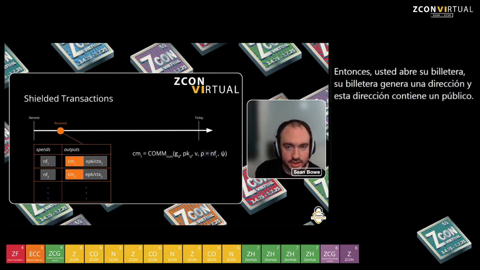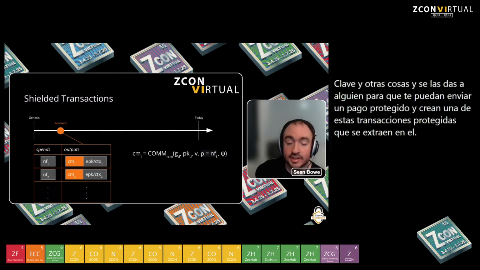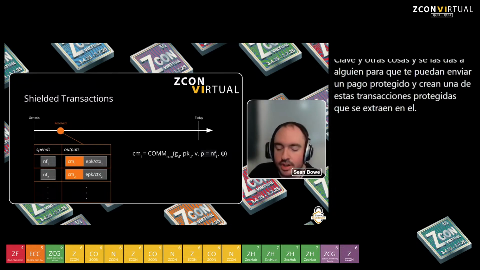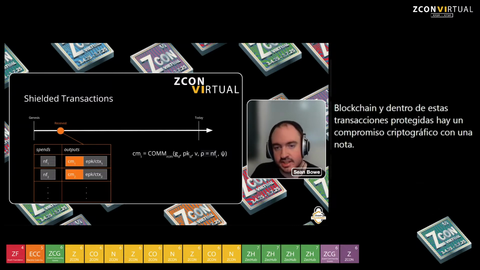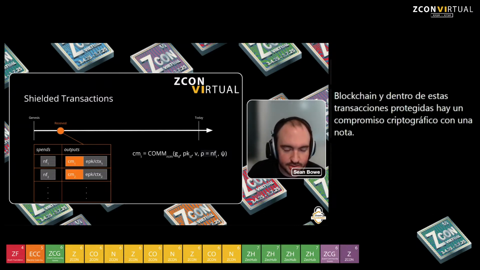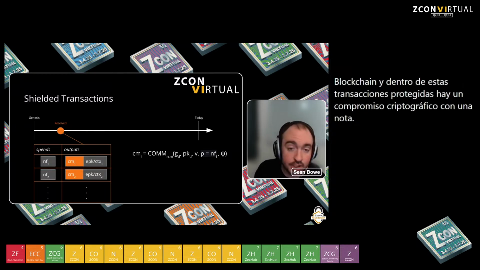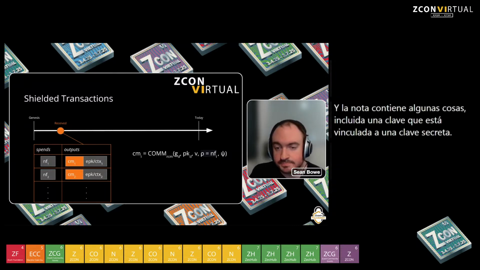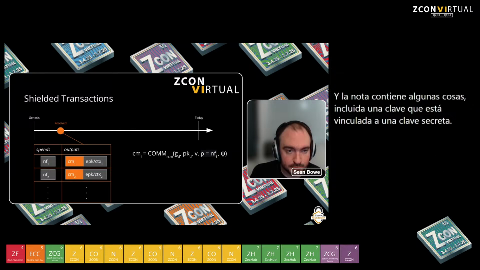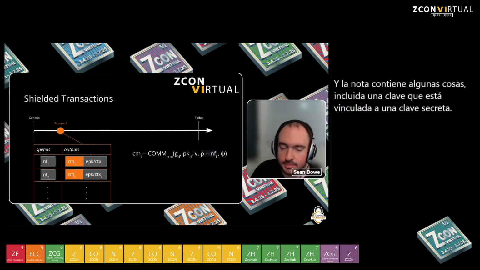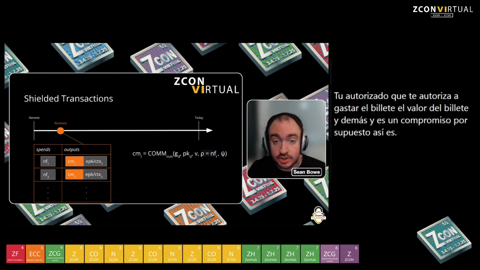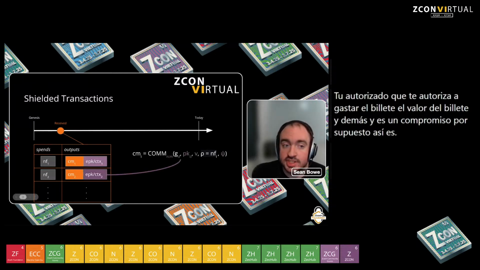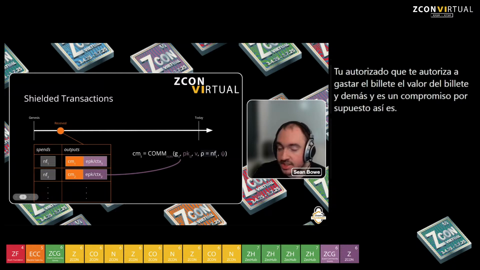And inside the shielded transaction's outputs, there's a cryptographic commitment to a note. And the note contains some stuff, including a key that's linked to a secret key that authorizes you to spend the note, the value of the note, and so on. And it's a commitment, of course, so it's blinded, so it just appears to be random data. So in order to see if we received a note on chain, all of the note commitments in transactions are accompanied by a ciphertext,